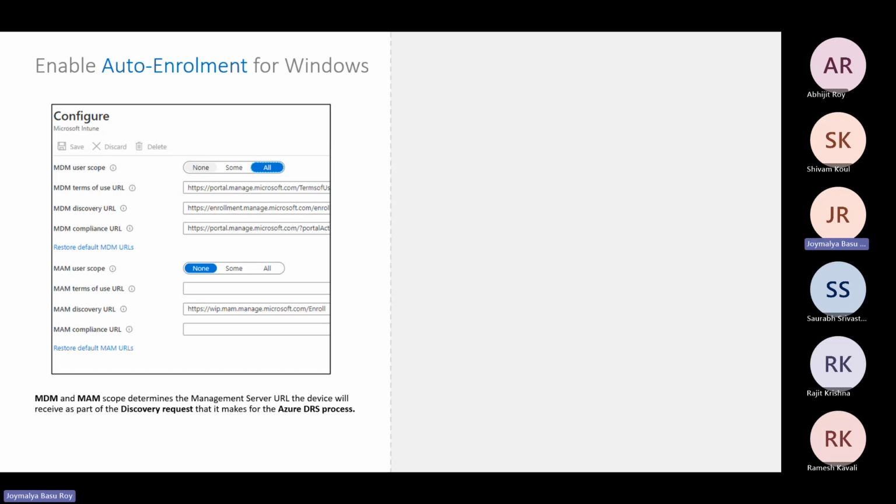But when you go into the mobility settings of Azure AD blade, you will see that you can have multiple entries. So you can have Microsoft Intune. If you are using another MDM or MAM service like Workspace ONE, you can have that entry as well. And each of these MDM and MAM services will have their own MDM and MAM user scope. So for example,